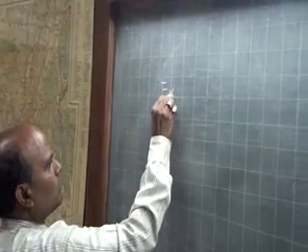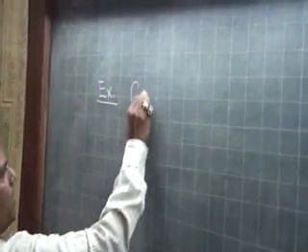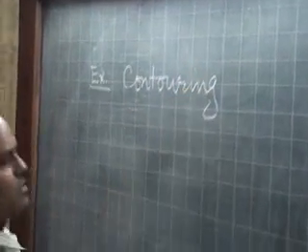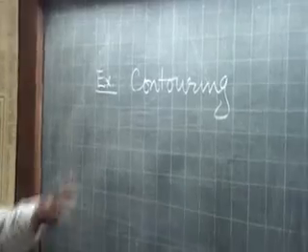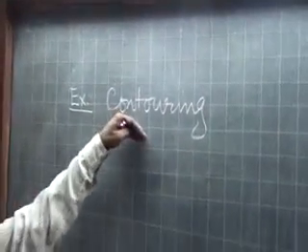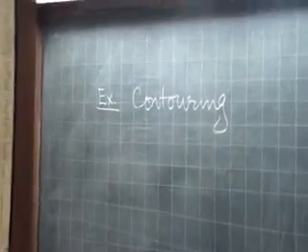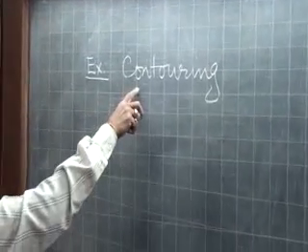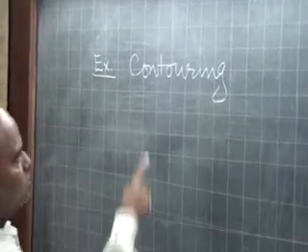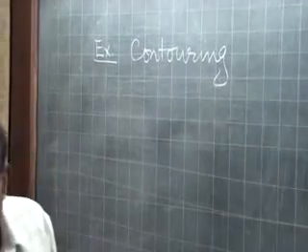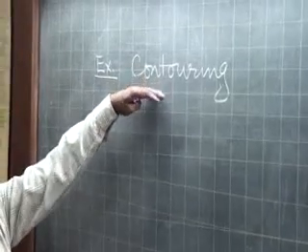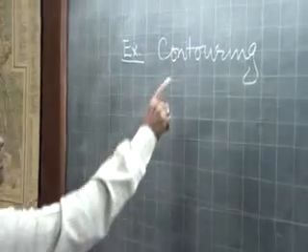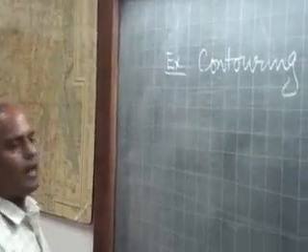We are going to perform the exercise on contouring. So this is a very important exercise for civil engineers because this provides you the third dimension of the earth surface, and for almost all the projects we need to know the Z dimension. So contouring is a very important exercise for civil engineering for mapping purpose because it tells us the third dimension of the ground. So contouring and plane table, basically they are done simultaneously.